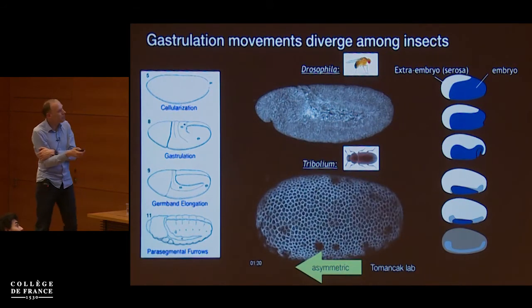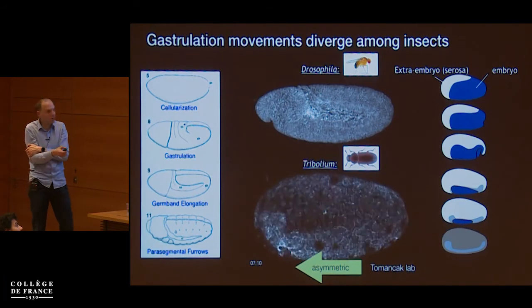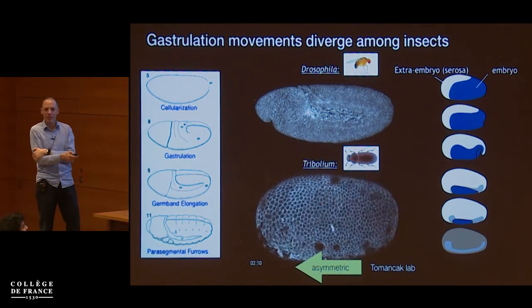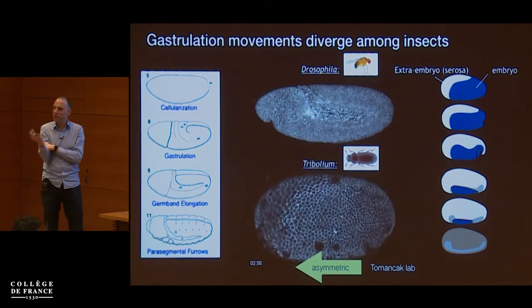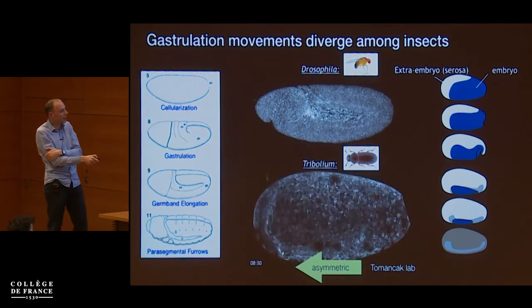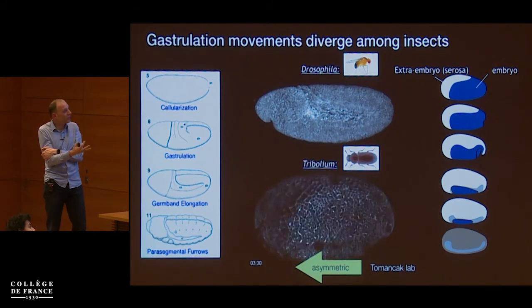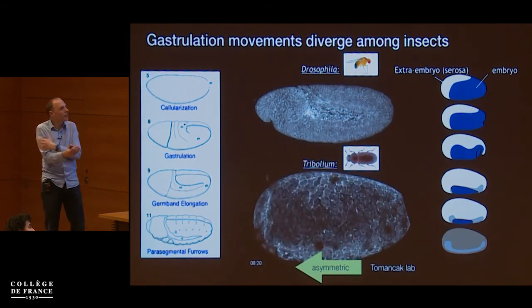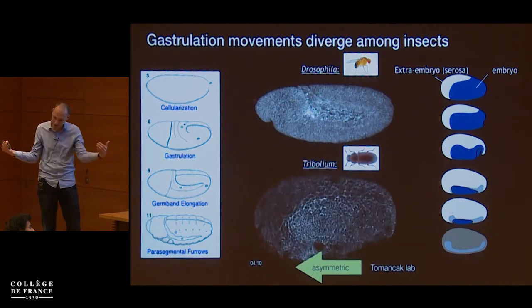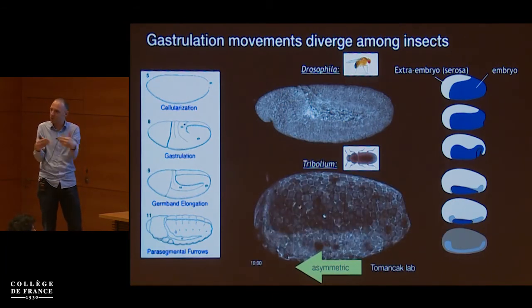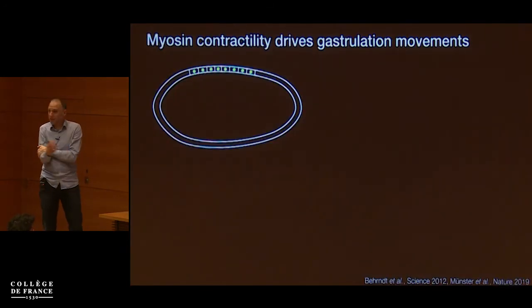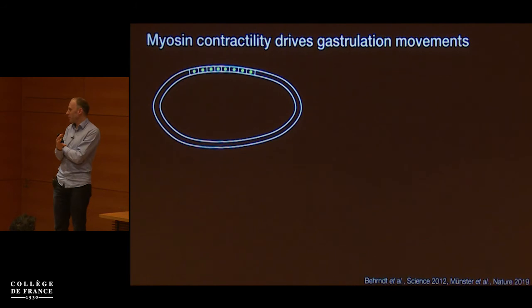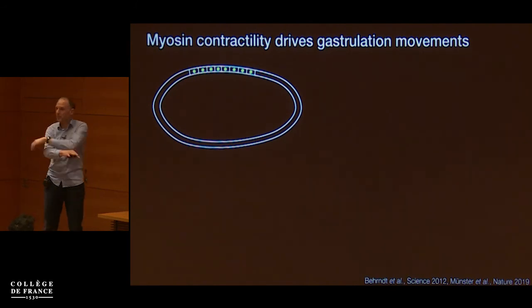Okay? And if you think about force balances driving movements and contractile force generation driving flows, much like the contractile forces in actomyosin to drive actomyosin flows inside a single cell, you typically get symmetric types of movements, contractions towards a certain point, but not uniaxial movements. So this is again driven by the same myosin that I showed you at the very beginning of the talk. It's not in a single cell, but it's in a supracellular structure. All the cells are connected.